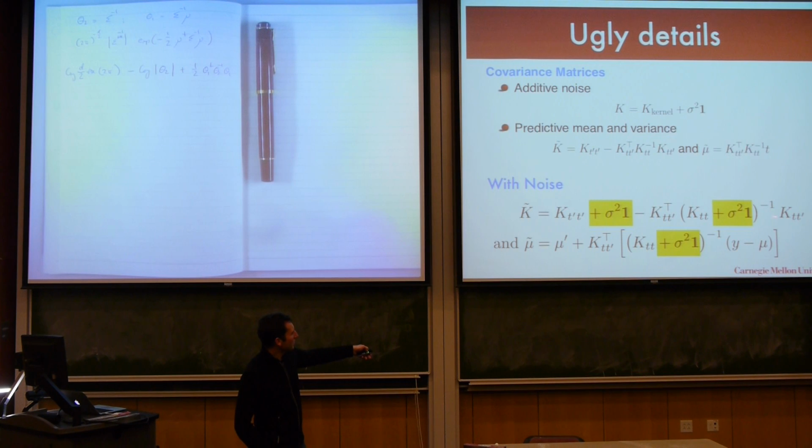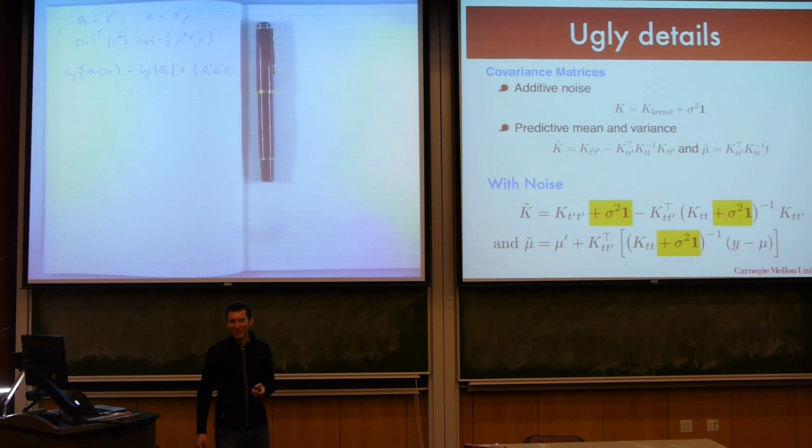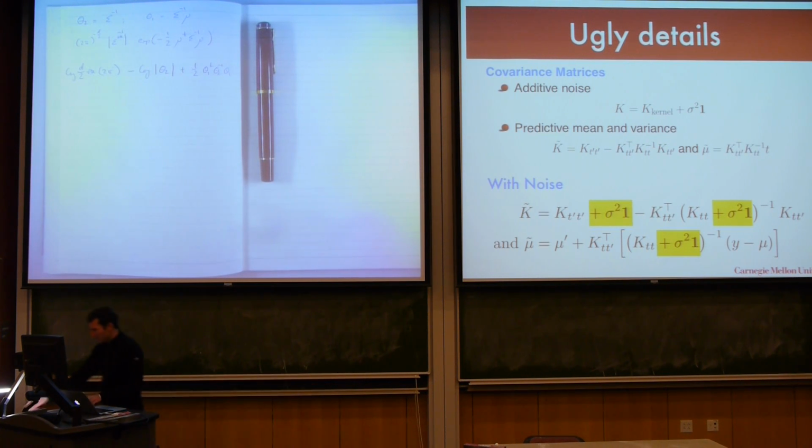Okay, trick question. Why don't I have to add sigma squared here? This is the off-diagonal block, right? It doesn't have any diagonal entries, so it wouldn't fit anywhere. Basically, this is really, if you think about it,